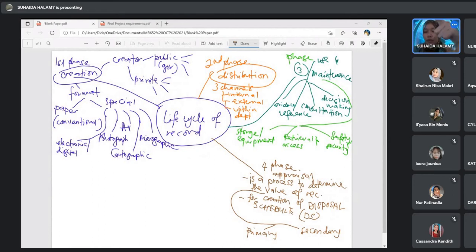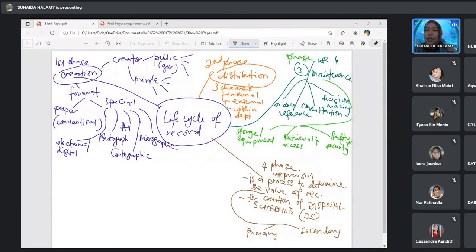Number 2, research value. Number 3, evidential value. Number 4, informational value. So for our study, we focus on these 4 values under secondary.